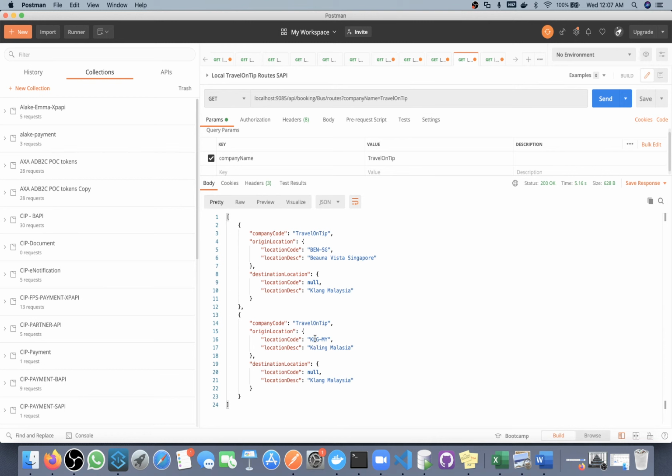So see, for KLG MY we are getting Kaling Malaysia. For this, okay, destination location again I am not getting.